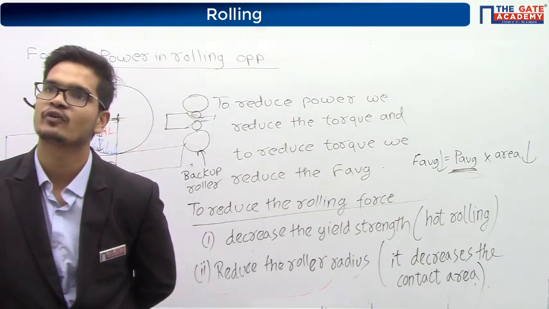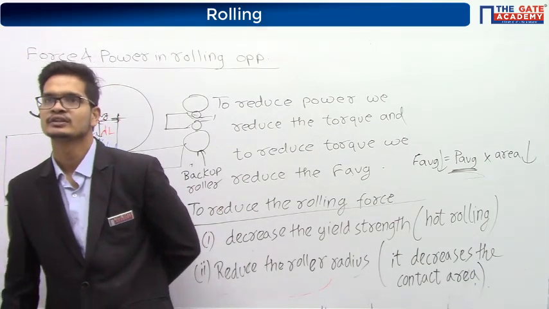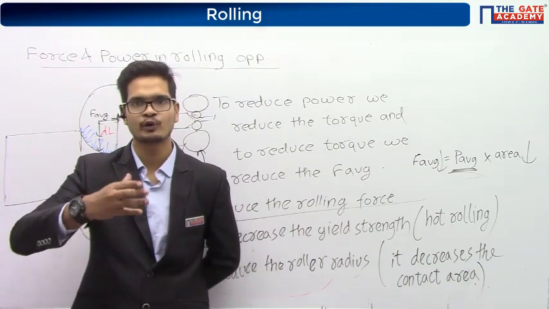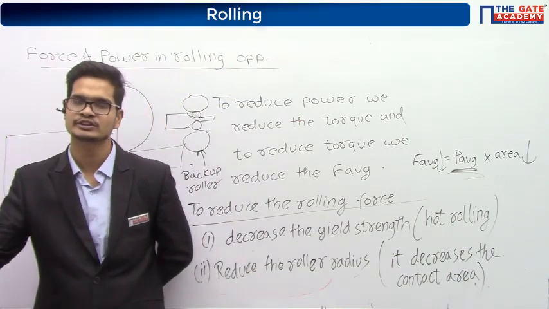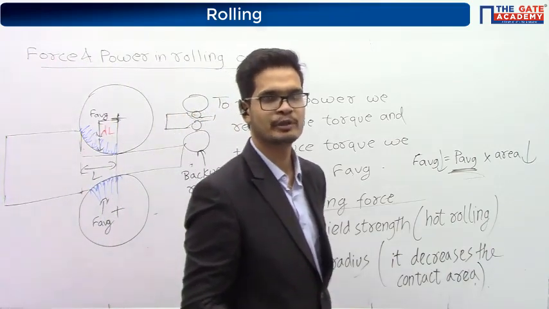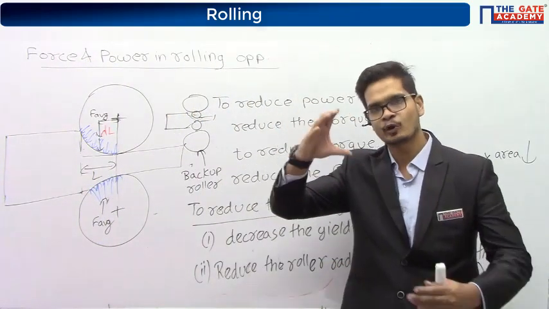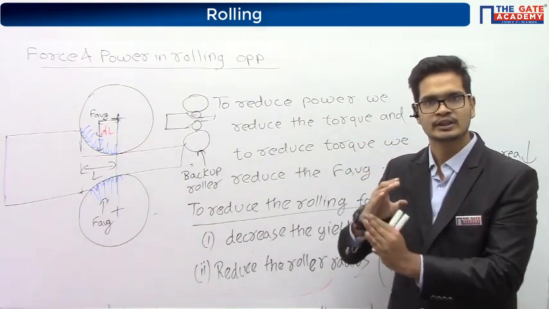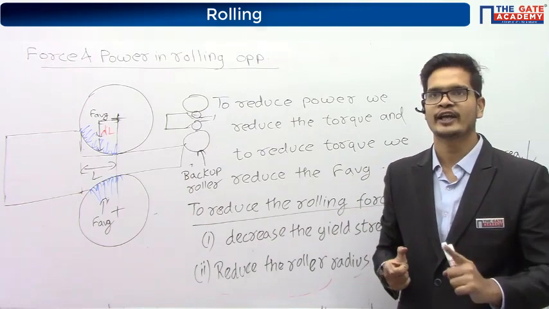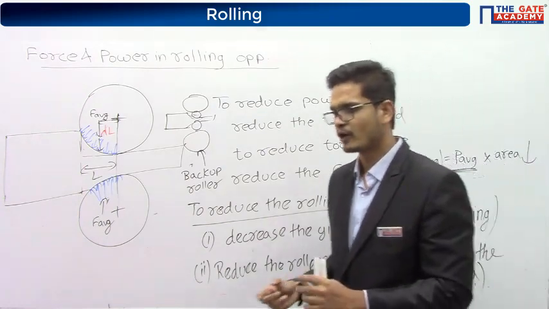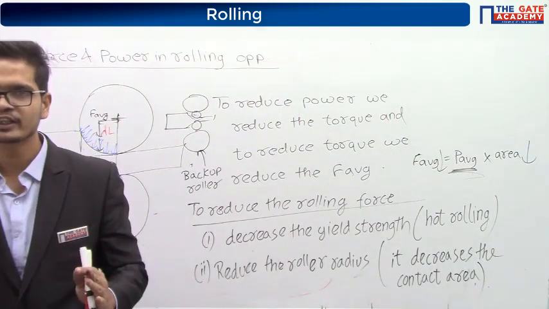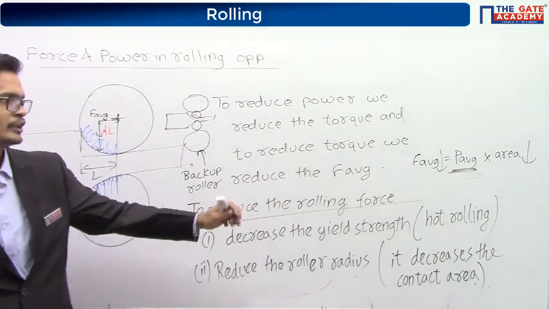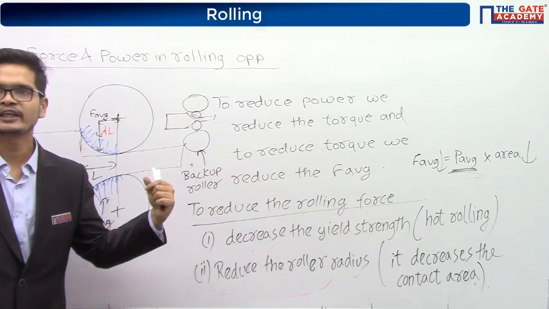If delta H reduces, then what's the benefit of using these small rollers? We can pass the same component through multiple rollers, or through the same rollers multiple times. Okay, it won't affect the power consumption. It will have a slight effect, but obviously the reduction in power consumption will reduce the delta H value.